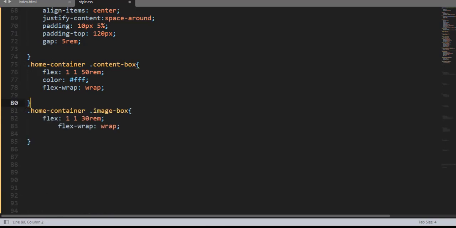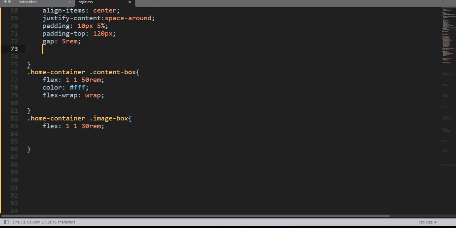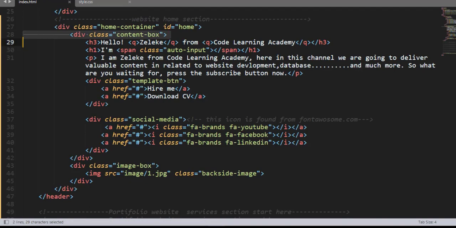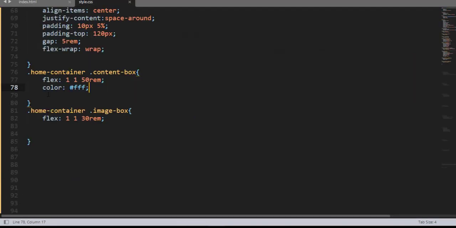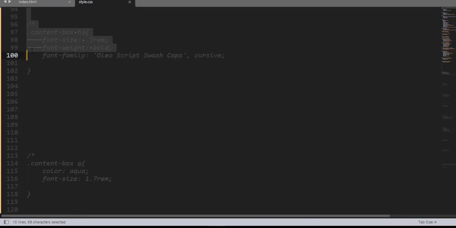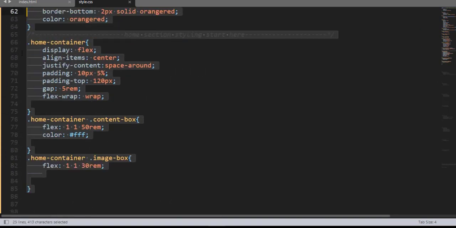And then here we have another class selector which is image box. So now here we have the flex-grow and flex-shrink and then flex-wrap, flex-basis having 30rem. So now come over here and then here we have right image box. And now let me style this image. So in order to style this image, what we are going to do is using this class selector